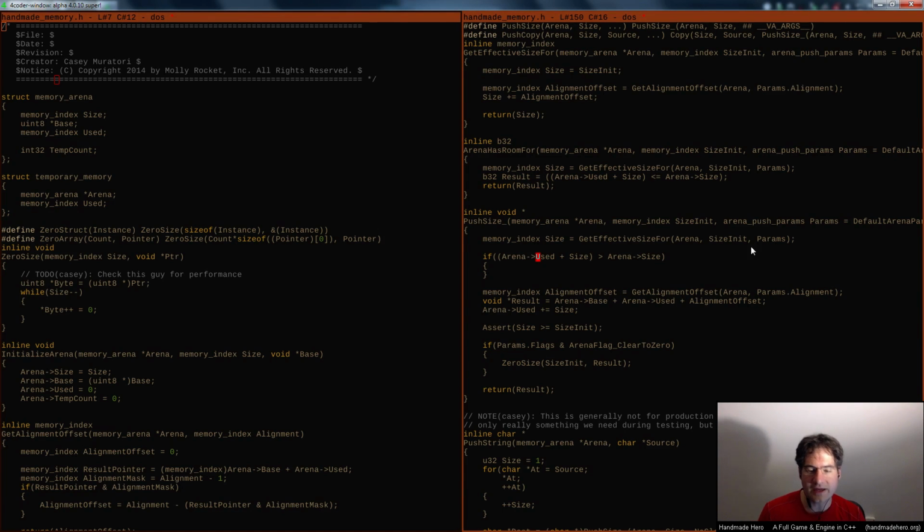But if they're only allocating a small size, 4K or something like this, then we probably want to have some minimum allocation size that we always allocate, because we know we're going to get more allocation calls in the future. We want to minimize the amount of times we have to go through the operating system, right? Because if we start going through the operating system too often, we lose most of the benefits of the arena in terms of efficiency. We don't lose the benefits in terms of cleanup, because cleanup is still nice and easy,